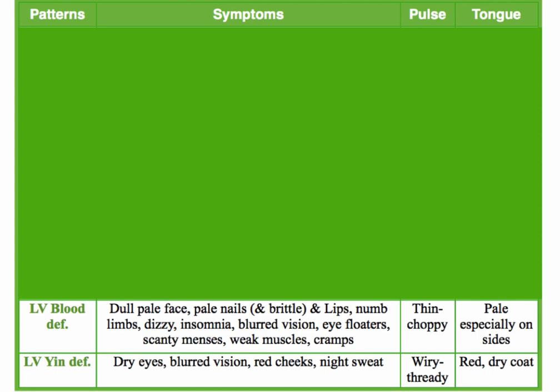Pale lips, numbness, tingling, pins and needles in the limbs or extremities, and then the insomnia, which is waking up between 1 and 3 and having a hard time falling back asleep. Blurred vision, eye floaters, spots in front of the eyes, that's also liver blood deficiency, right? Poor vision, poor sleep, we said that. Menstruation-wise, it would be a very light flow, scanty menses, or very short. Maybe the menstruation lasts a day or a day and a half. That can also be the case.